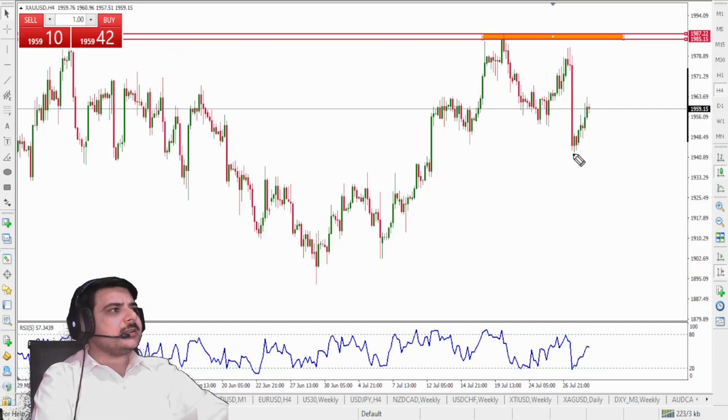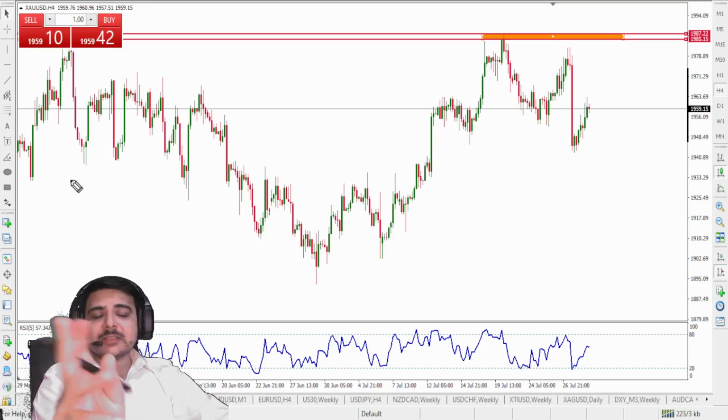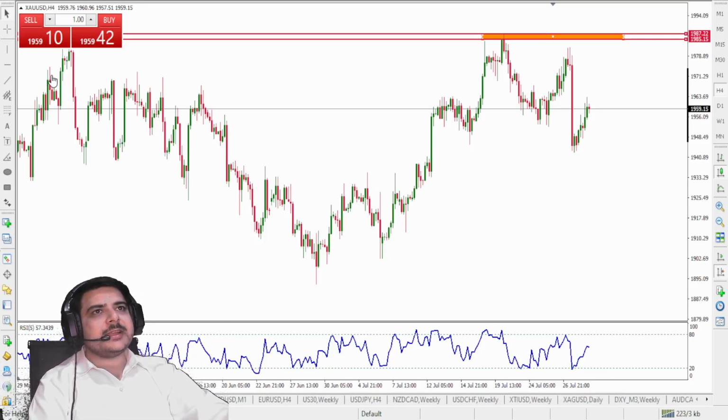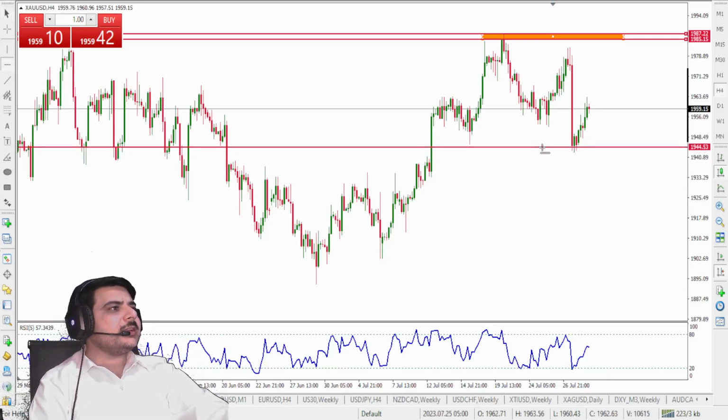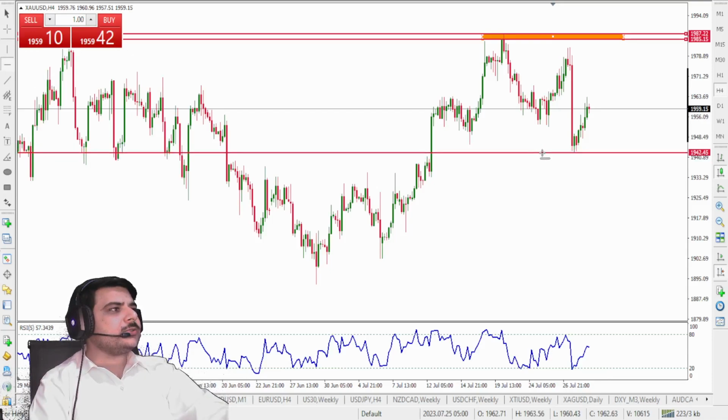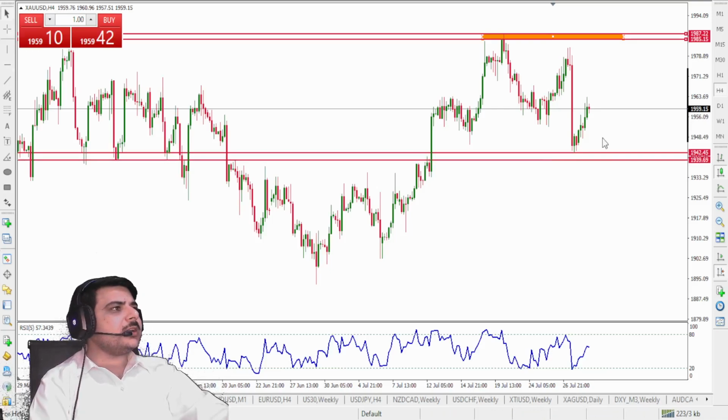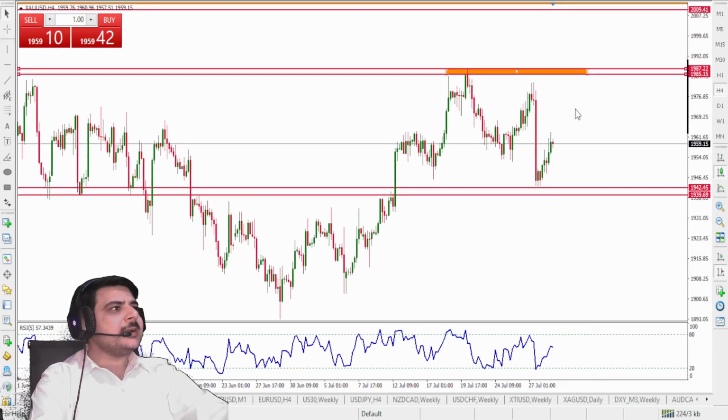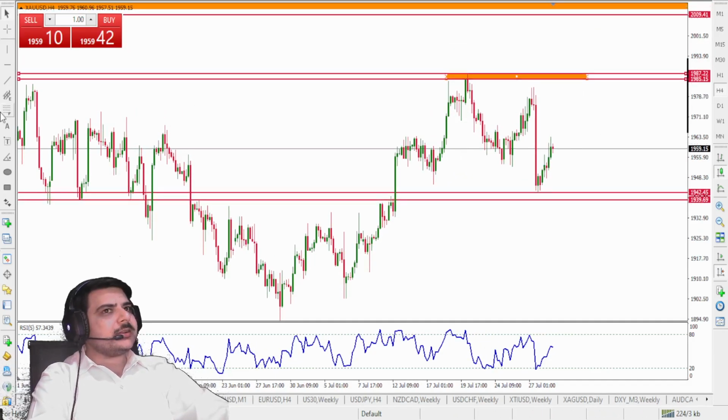Now what's next? This 1940 level, I want to discuss it. I even discussed it in the weekly in the live streams as well. Now let me highlight it, and for this upcoming week I want to keep the 1940 zone as a support. So a nice range we have of around 431 pips, and according to this range, since